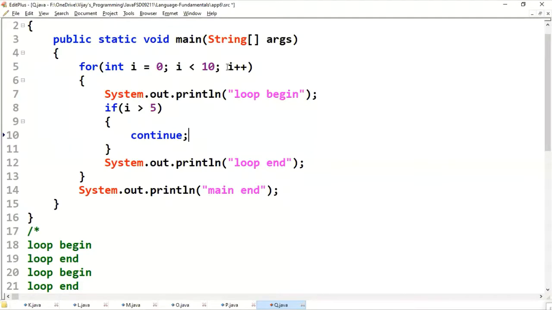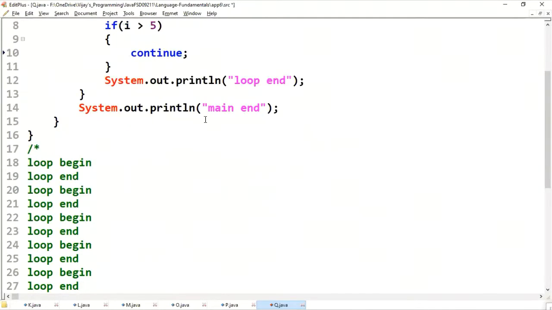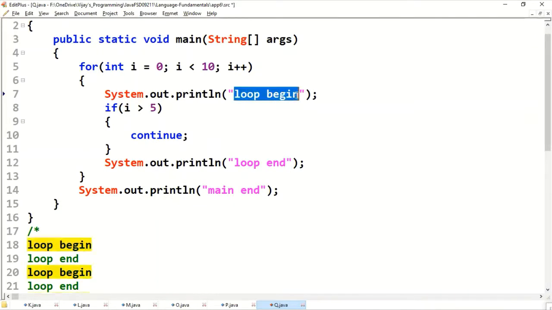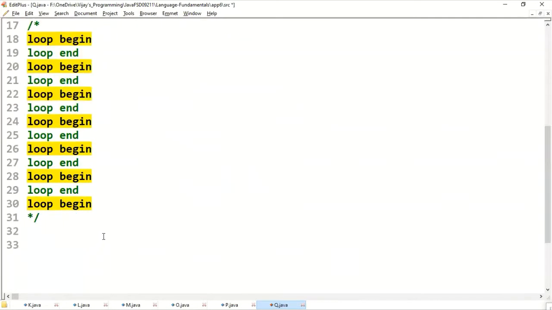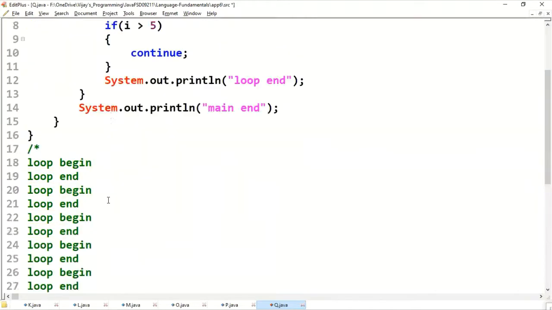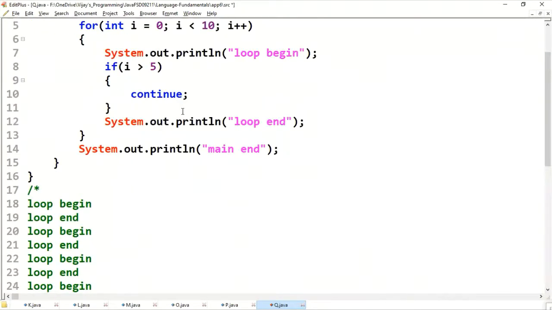Now, i is becoming 7. Loop begin. 7 greater than 5? Yes. Continue. Once again, we don't get loop end.